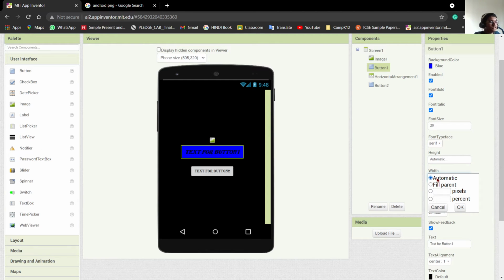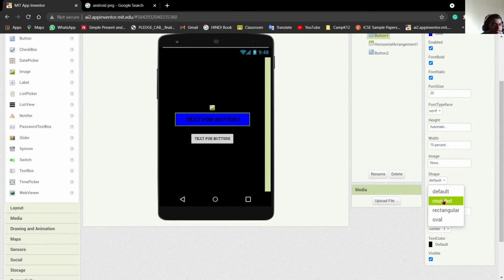The width will be, let's say 50%, not 50, we'll keep it at 70%. The shape of the button will be rounded. You can also keep it as oval, it will be like this, and rectangular means it will be like a box. I prefer rounded, and we will change the text to